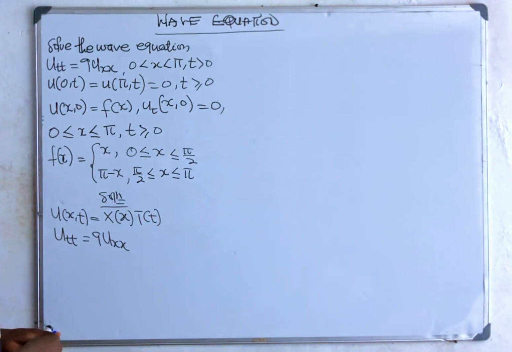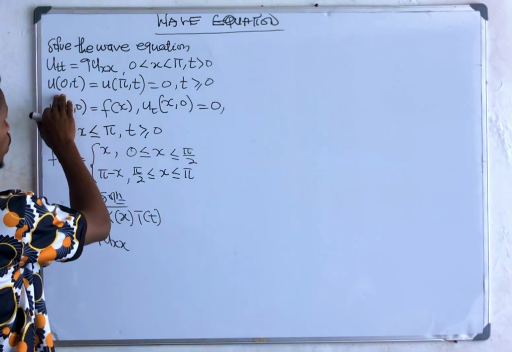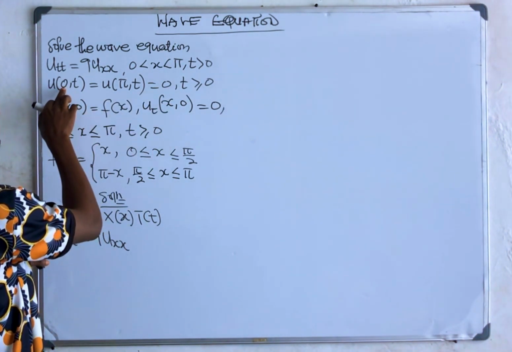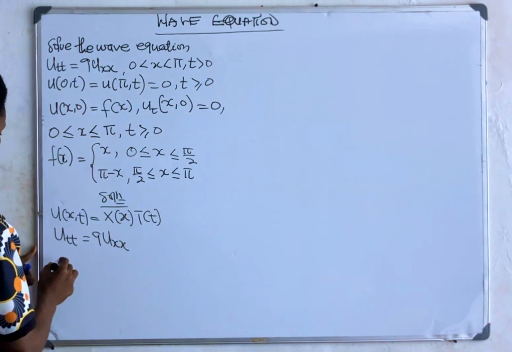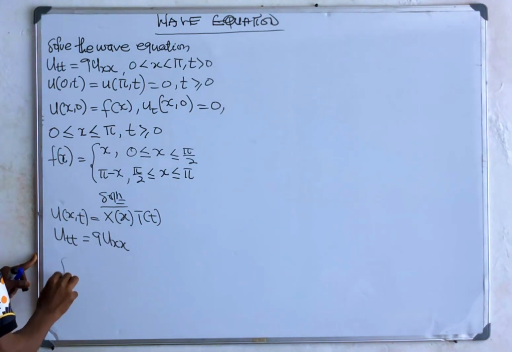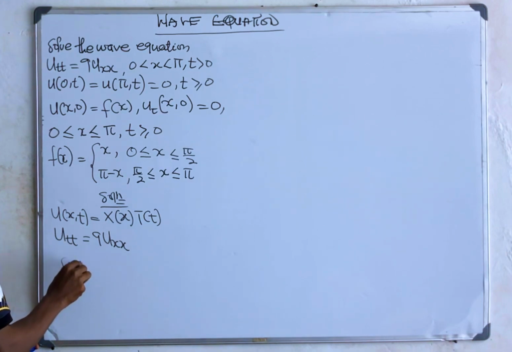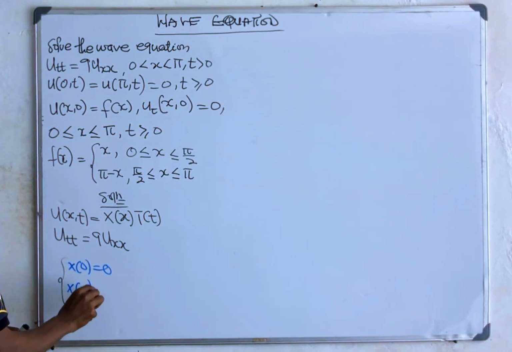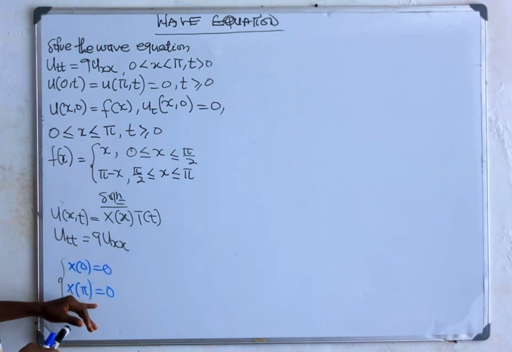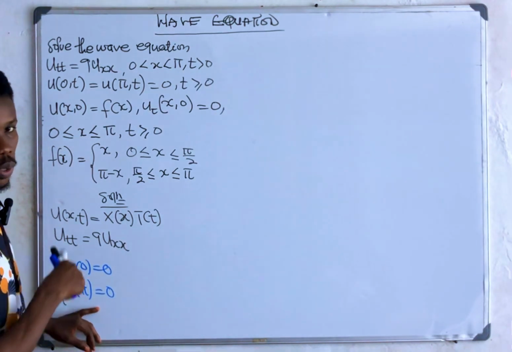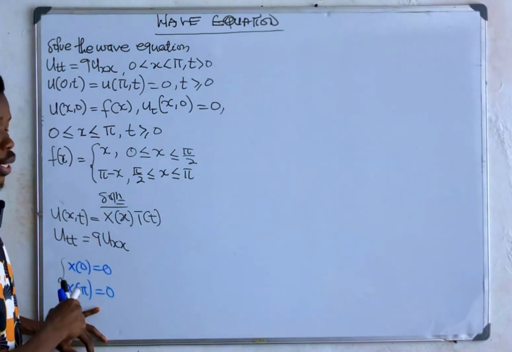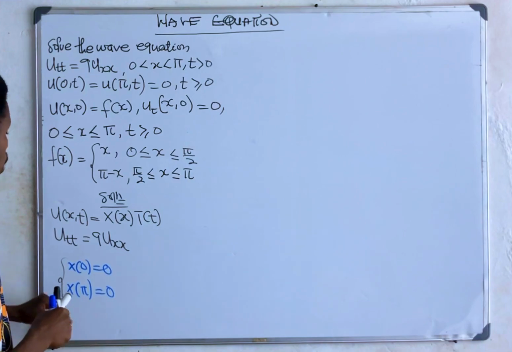The boundary conditions, I've already been doing this, so you know it already. It is given to us here. So it will be 0 and pi. The heat equation, I did that. So the boundary condition is going to be X at 0 is equal to 0, and X at pi is equal to 0 when you set it. Now, if you don't know how this is done, move to the heat equation. Check the video, it is there. Now, after this one,